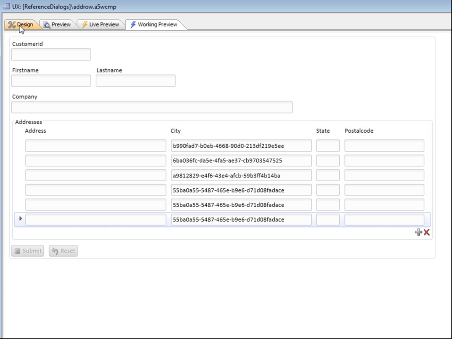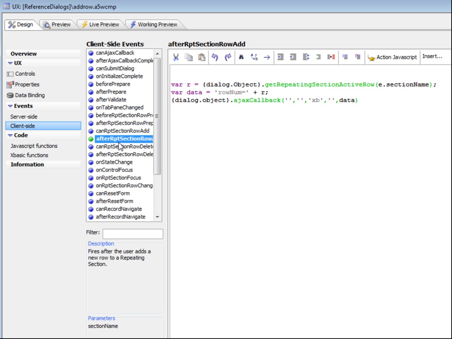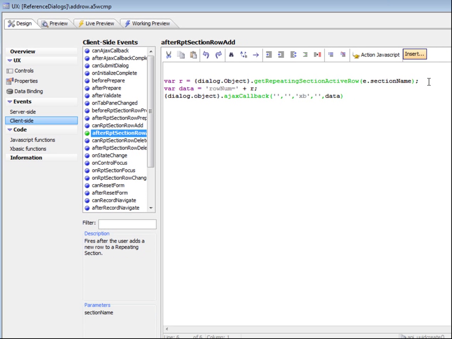So in order to do that, you can see we've gone to our client-side events here, and in the client-side events we've selected the after repeating section row add event over here, and the first thing that we're going to do is get the row number of the repeating section row that was just added. So we're going to use the get repeating section active row method, which you can find if you just go